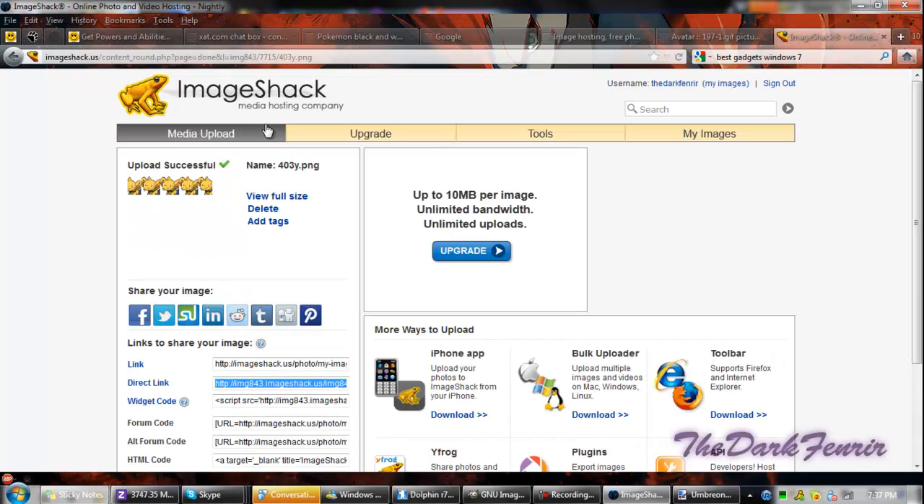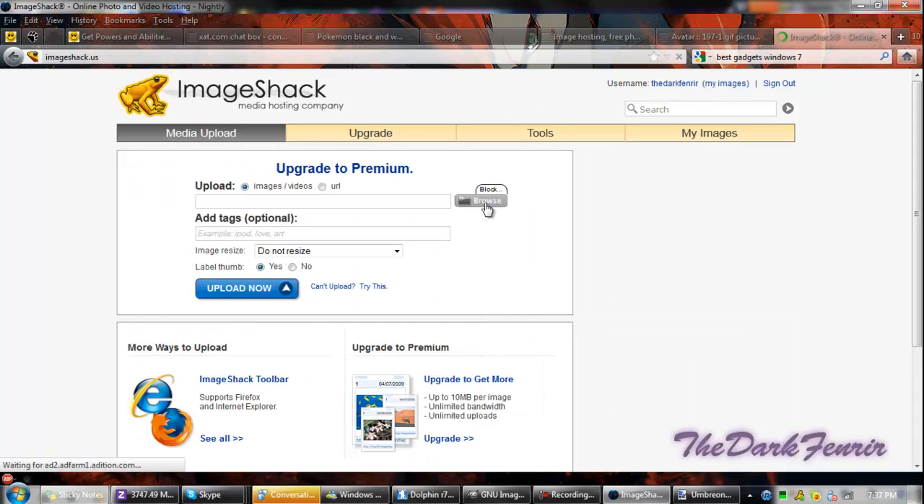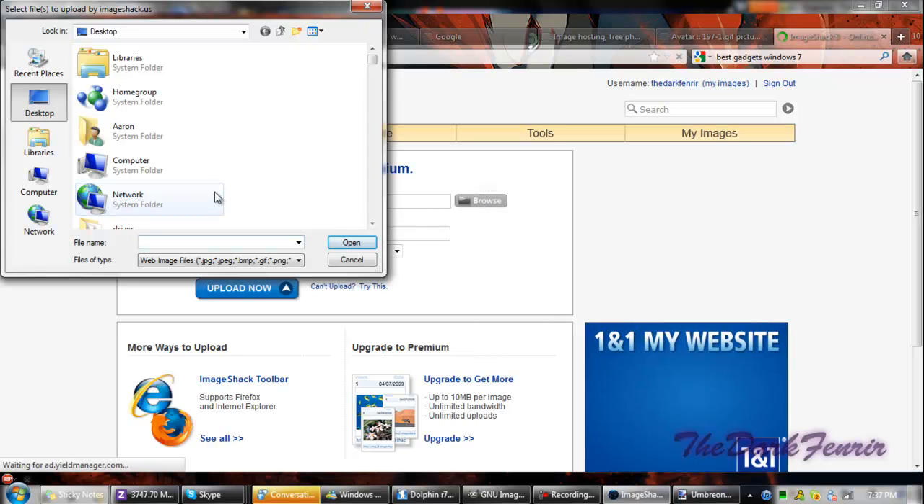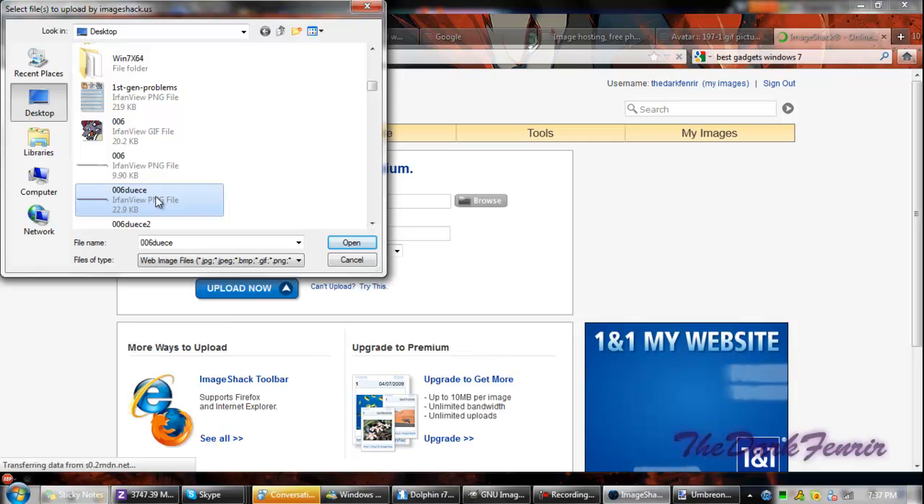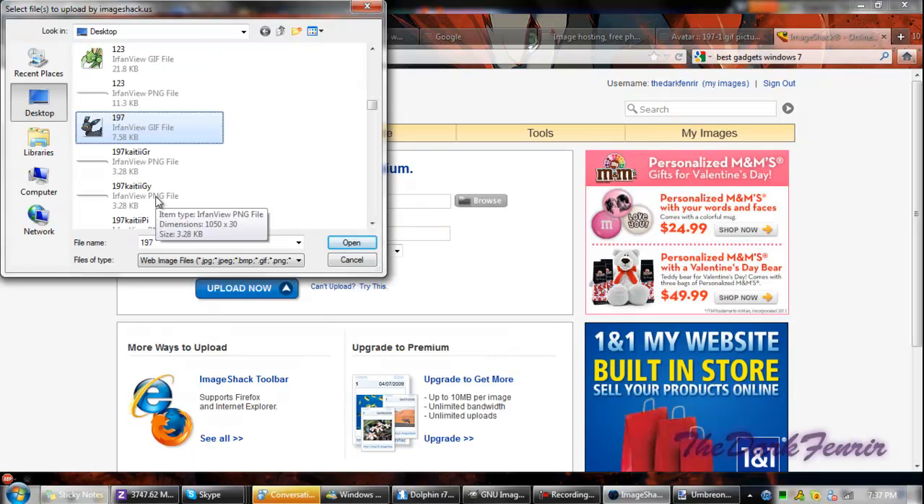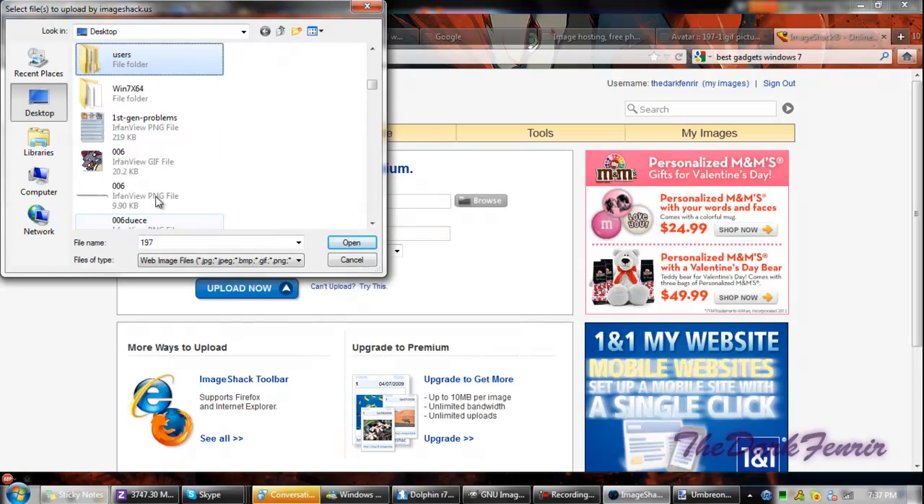This is where Image Shack comes in. You go to Image Shack, upload your file, which you will need an account here, because if you don't, you won't get a direct link. There is a way around it, but I'm not exactly sure how. So find your image, which should be